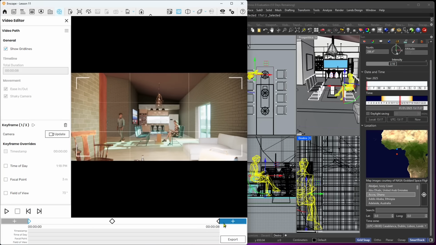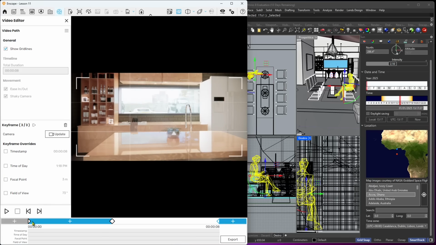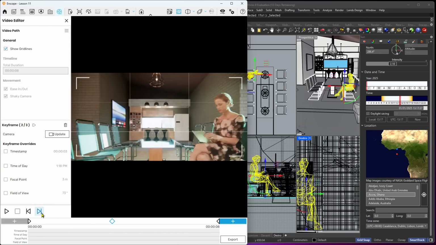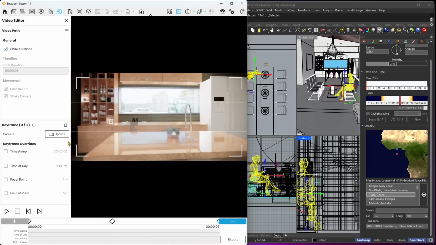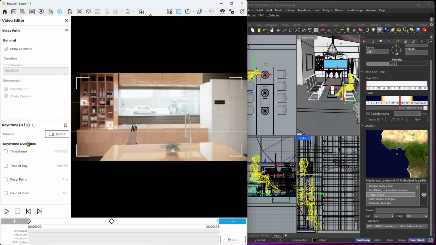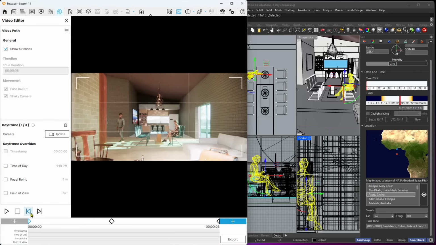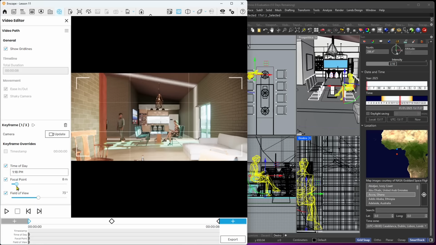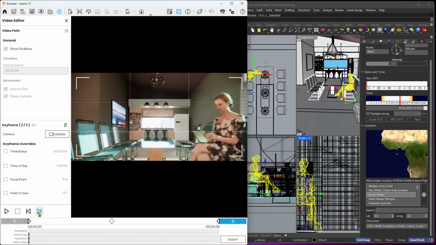Now, if I select the keyframes, so if I move between the keyframes, I can also change the camera position and update anytime. I can also, let me go to the first one, I can animate the time of the day, the focal point, and the field of view. So now the focal point could be really close, for example, here. But then when I move to the next one, again,